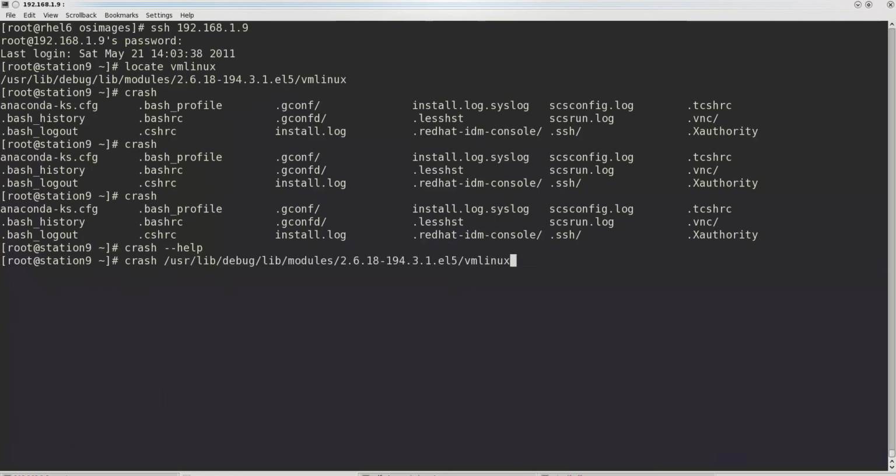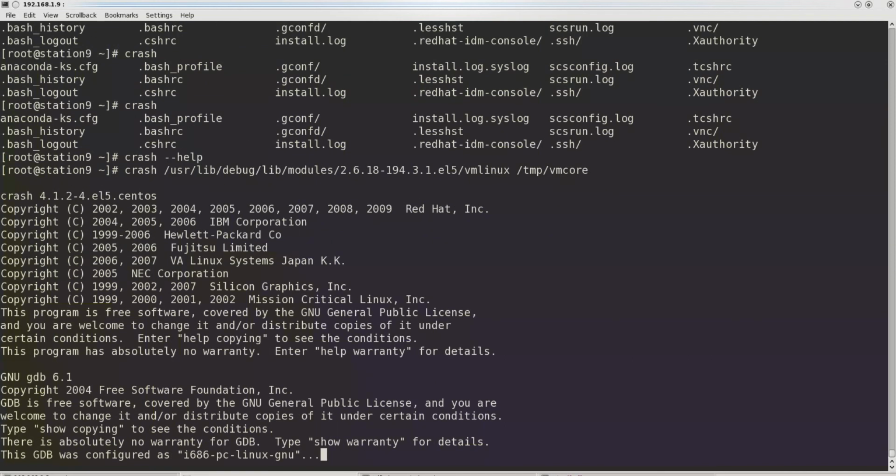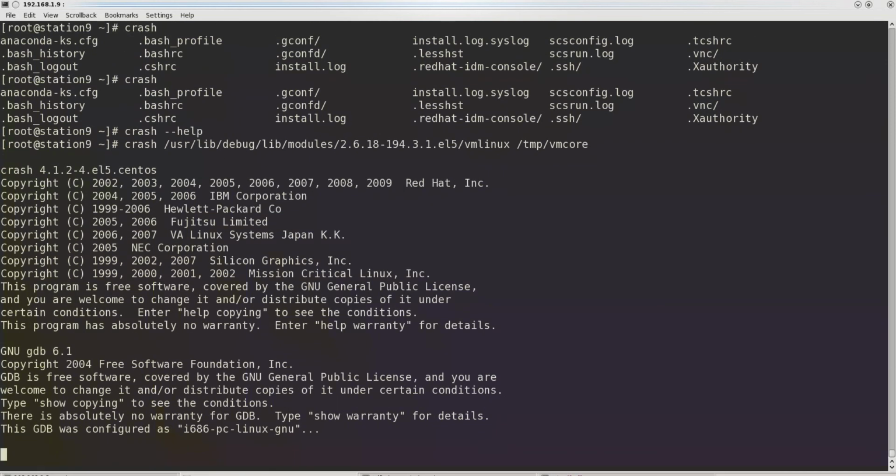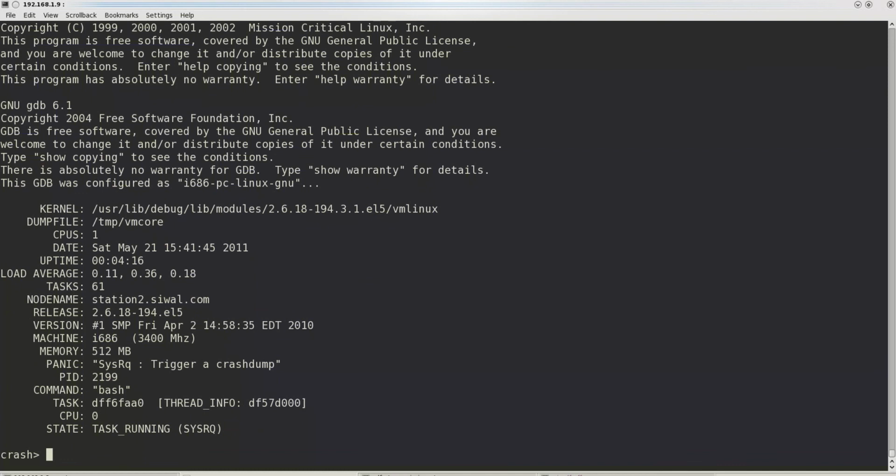So everything is fine. You can see that this is the kernel name, dump file is this one, number of CPUs 1, and node name, that is station 2, the name of the node corresponding to which this VM core belongs. You can see the release of the kernel corresponding to station 2.